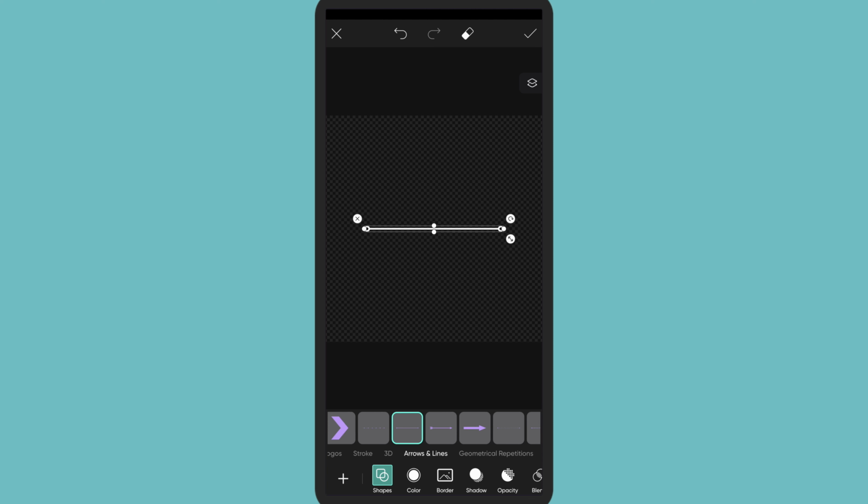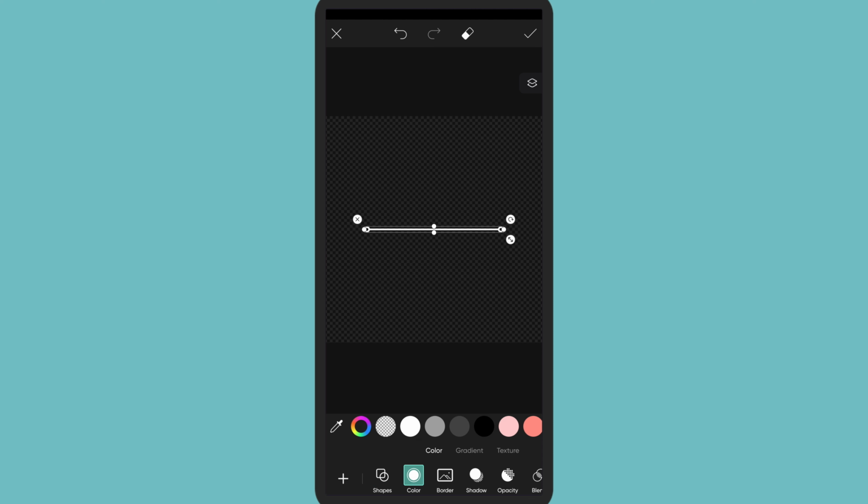So as you can see, I have imported a line. Now you can customize it however you want. You can even change the colors accordingly. And at last, here on the top, just tap on the tick